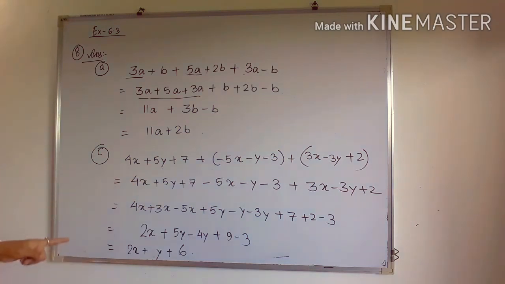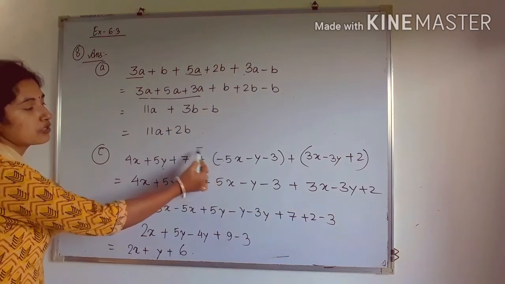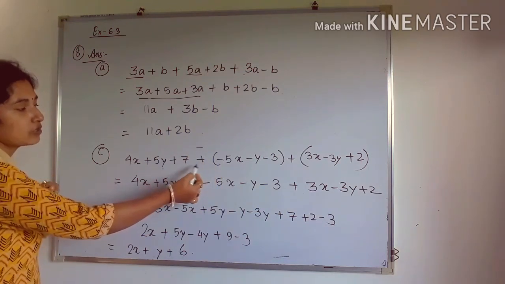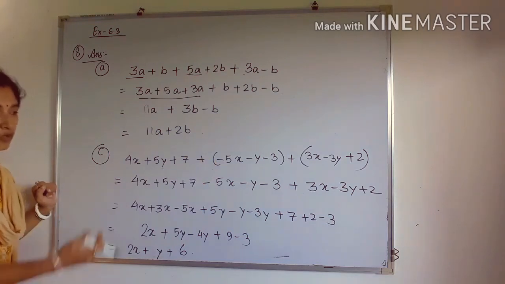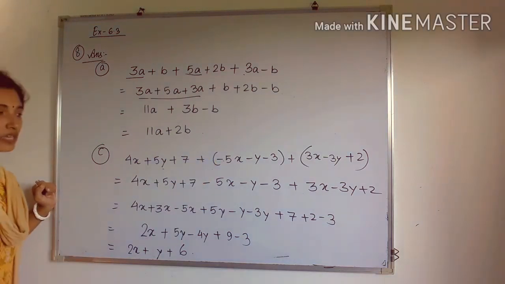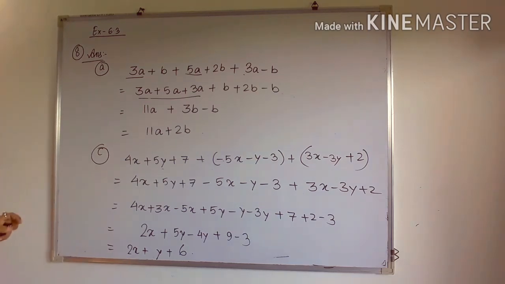When the symbol will change, you have to remember, is if there is a negative symbol outside the bracket. But as you know, we are adding here, so all are positive. Okay, all are positive, so all signs are what? All signs are plus. So therefore, there will be no change.